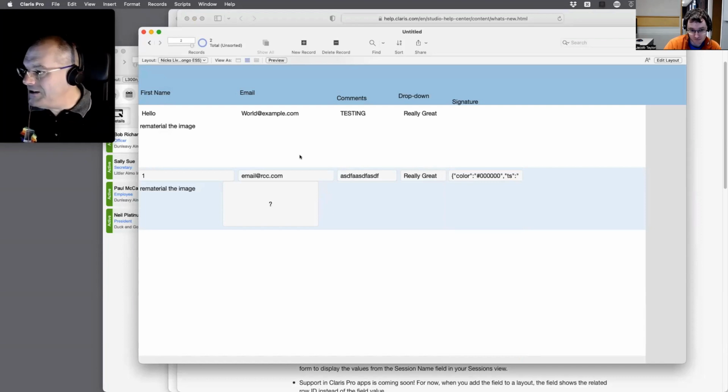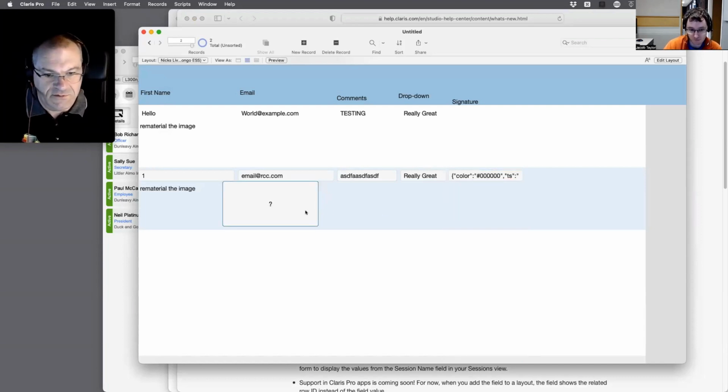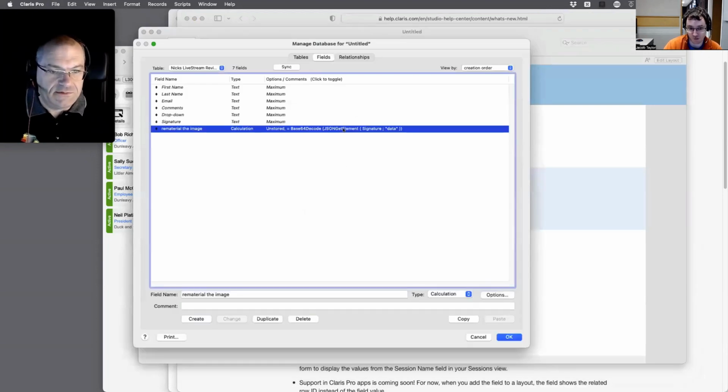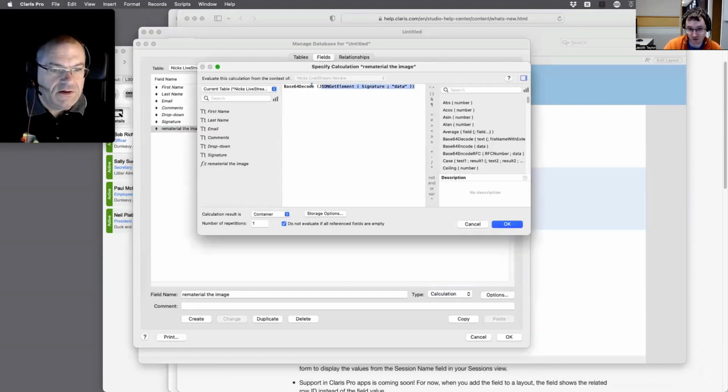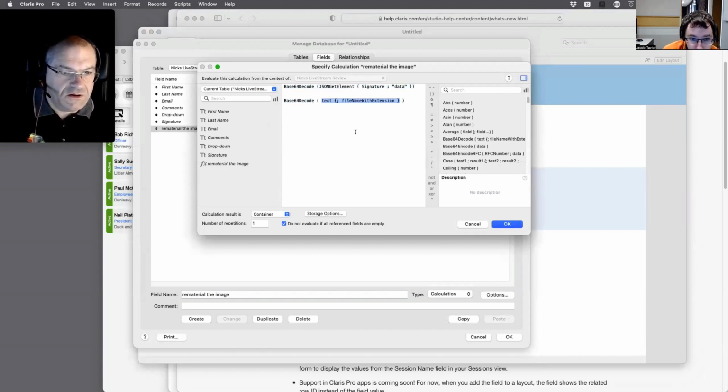Data, not data. Yeah, I did lowercase data, right? So it's unhappy with me. So I don't know. It's speculative. I don't know if that'll work. Oh, actually, you know what it is? I think I forgot something here. Base 64 decode. Oh, I don't have all the options in here. There's the first piece, and then I need the file. Yeah, but the curly braces means it's optional, right? So you don't need it. You can put it in there. Data, not data. Just wondering.